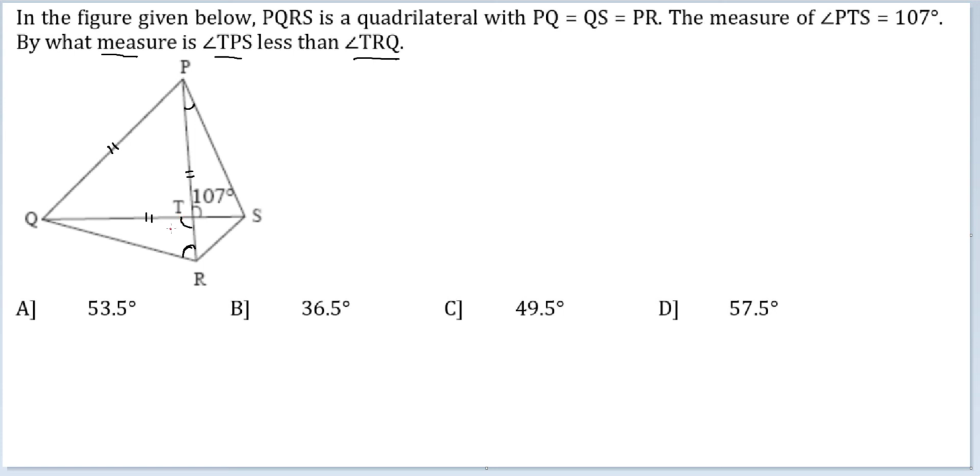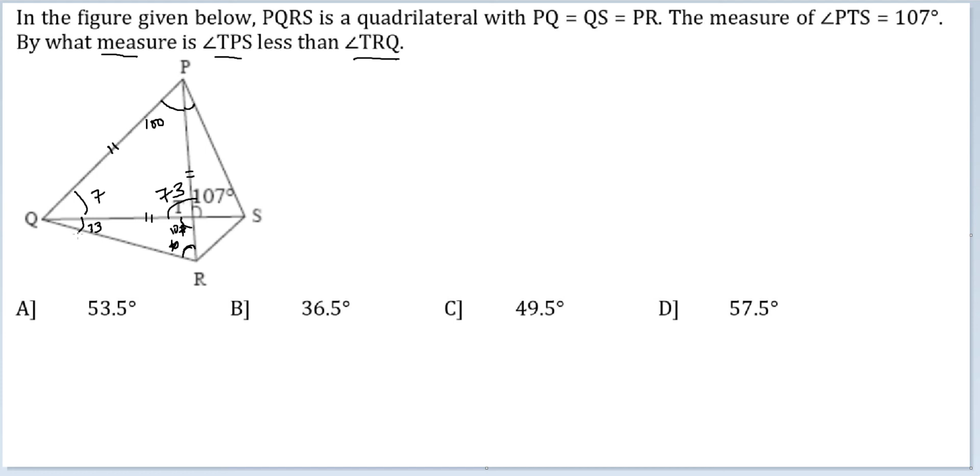So if this is 107, this is also 107. If this is 107, this is also 107. Now I can take any angles here and here. So I'm taking here, say 40. So the remaining was supposed to be 73. This is 40, this is 33. Also for triangle PQR, TR is equal to PQ. So if this is 40, this will be 7. This will be 7. This angle will be 73. This angle will be 73. So QPT will be equal to 100. Not a problem. QPT will be equal to 100.